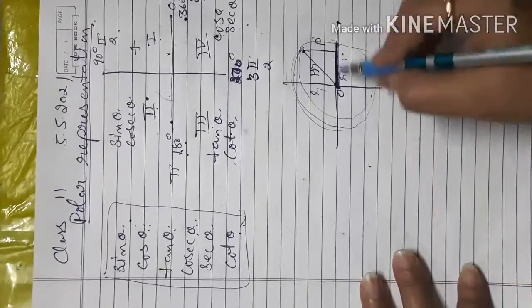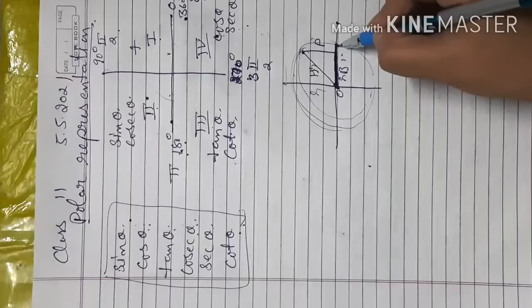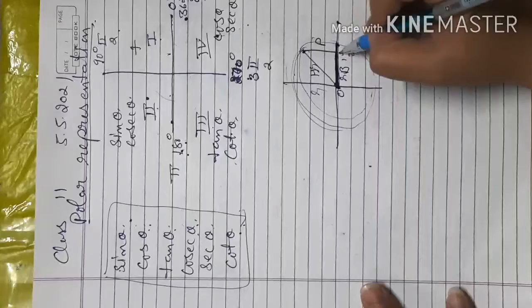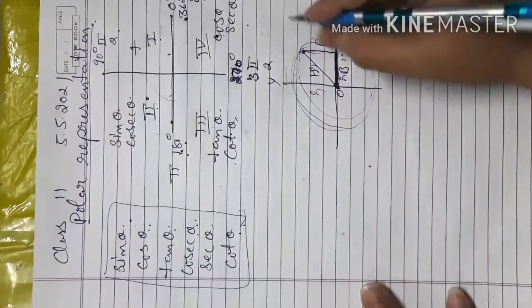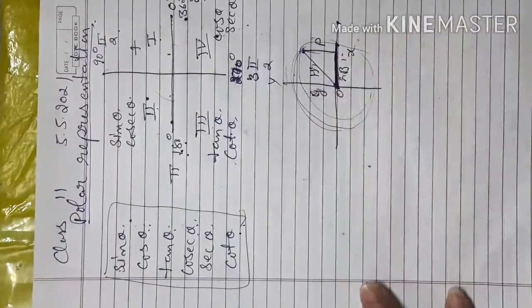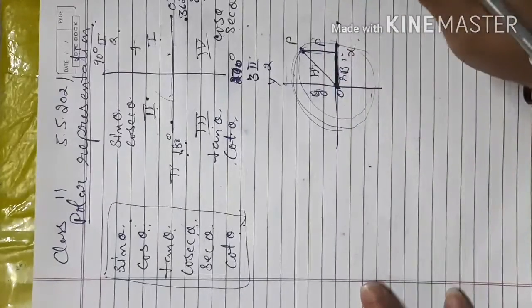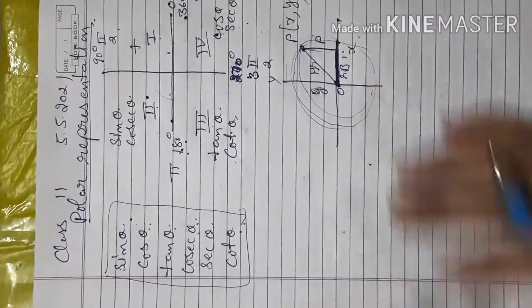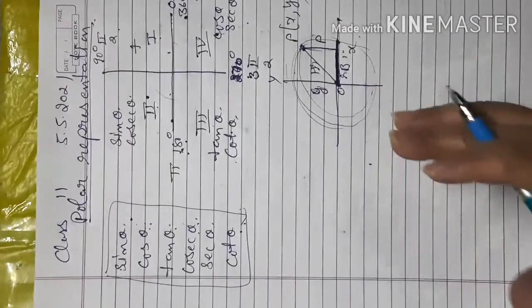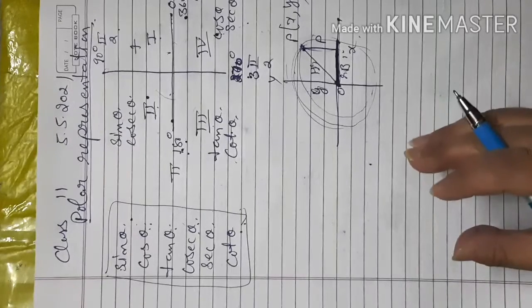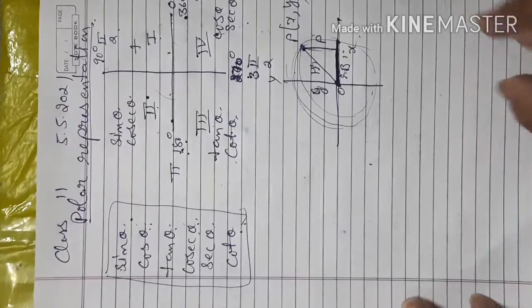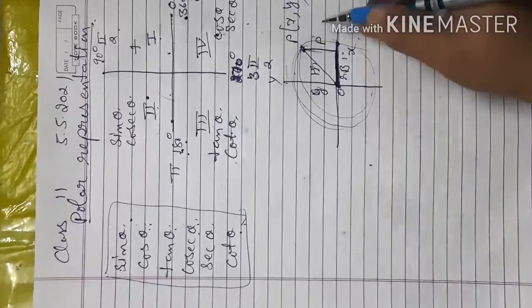Okay, so that's why when we consider cos theta, cos theta represents the x-axis, and this perpendicular distance is on the y-axis. So that means any point P that is moving in the circle has coordinates x and y. According to whatever value and sign of x and y, my quadrant's trigonometric term, positive or negative, will be decided. So how will it be decided? It will be decided like this.